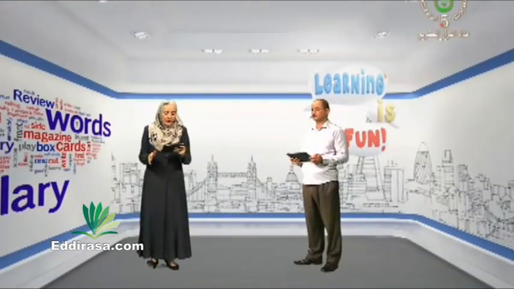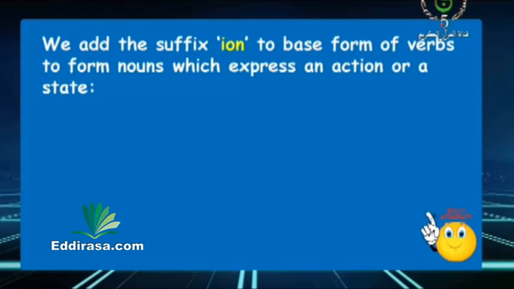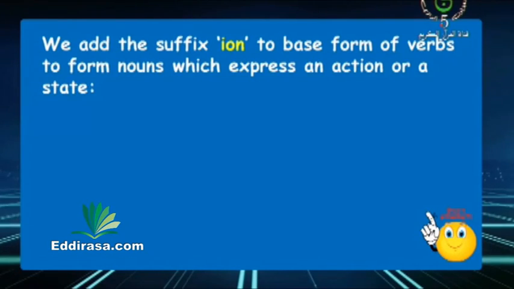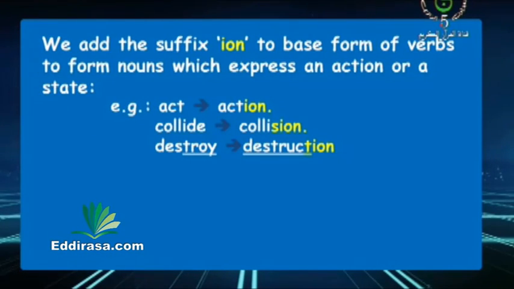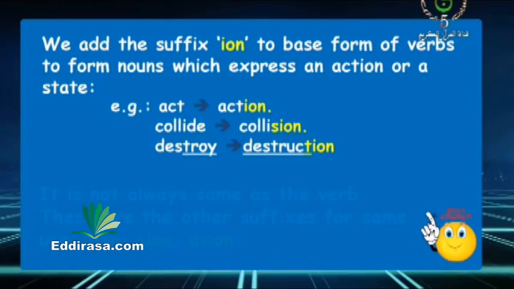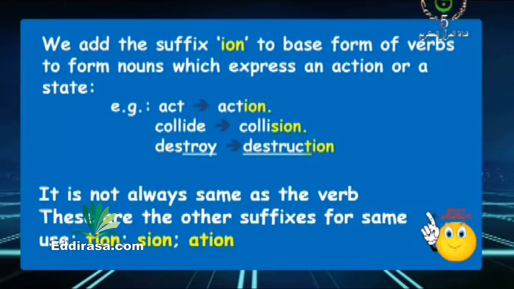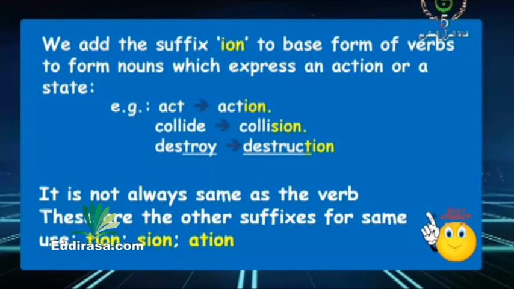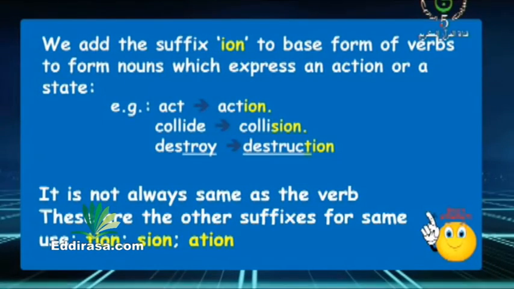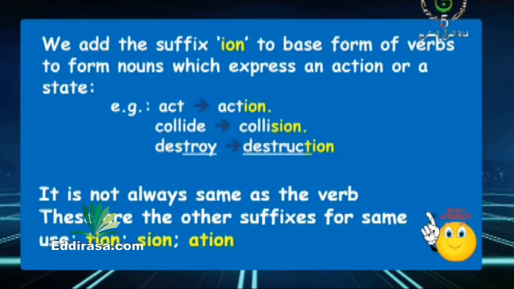So we add the suffix -ion to the base form of verbs to form nouns which express an action or a state. Act, action, collide, collision, destroy, destruction. Notice that it is not always the same as the verb. So there are other suffixes for the same use. T-I-O-N, S-I-O-N, and